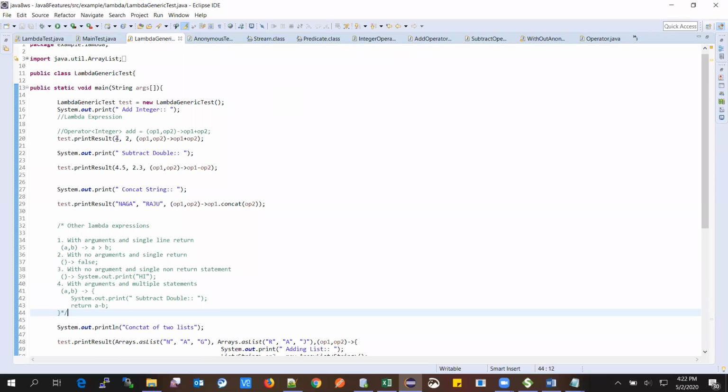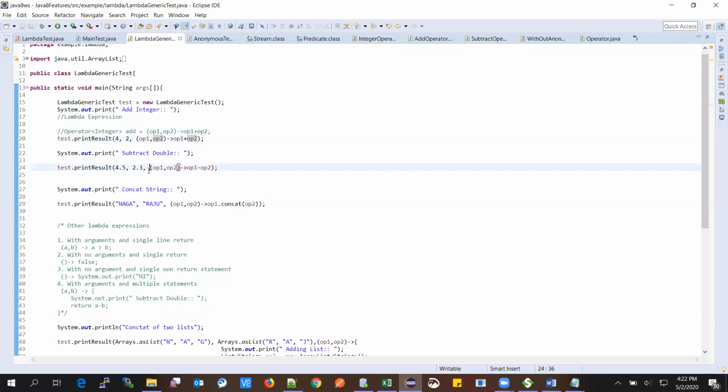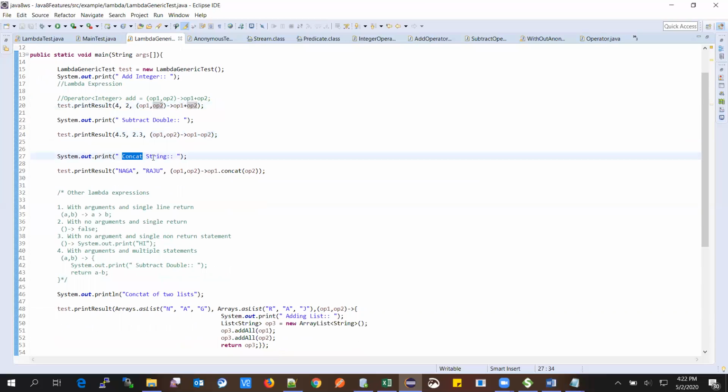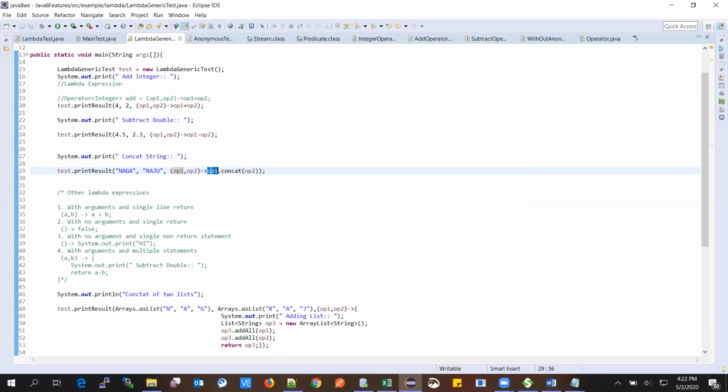What I'm trying here is 4 comma 2. The same lambda expression: op1, op2, op1 plus op2. Subtract: op1, op2, op1 minus op2. Now string: op1, op2. In strings we have the concat method, so that is what we are doing here with the lambda expression: the two operands op1, op2 and op1 dot concat op2.